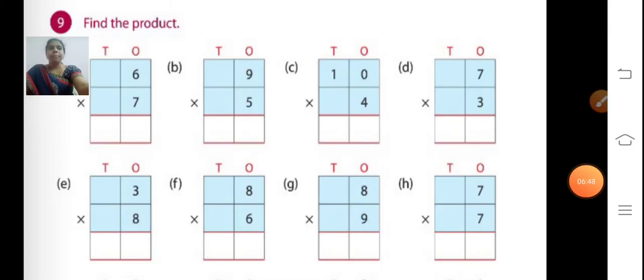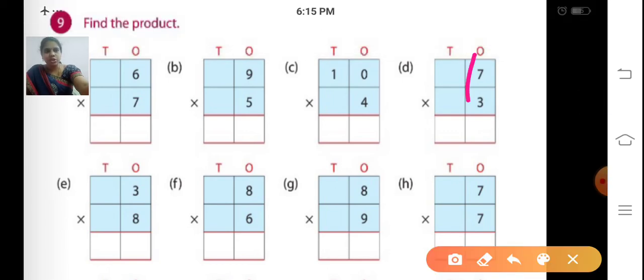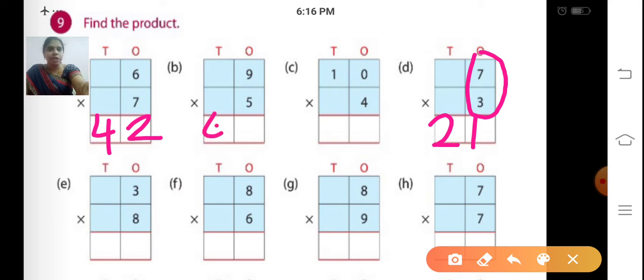So now D sum. 7 3s are, we are going to multiply 7 and 3. These two we are going to multiply. So we can multiply 3 into 7. If you know 3 tables, 3 sevens are also you can write, or 7 3s are. 7 1s are 7, 7 2s are 14, 7 3s are 21. So write the answer 21. 7 3s are 21. 6 sevens are, first one is 42. 9 5s are, where you have to write the answer below this. 9 5s are 45.